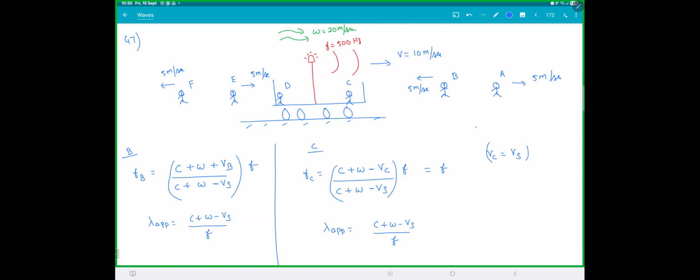So most people will make this mistake. They think, yeah, there's no relative velocity, so frequency and wavelength are the same. That explanation itself is wrong. You're getting it. So if I show the same thing for D,